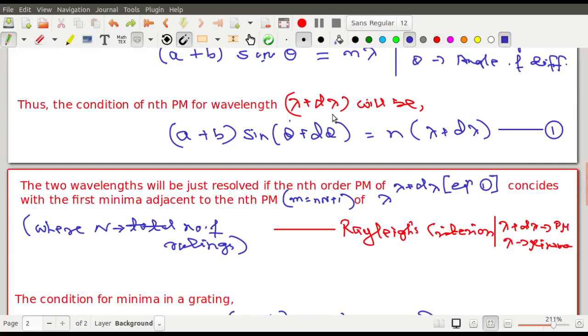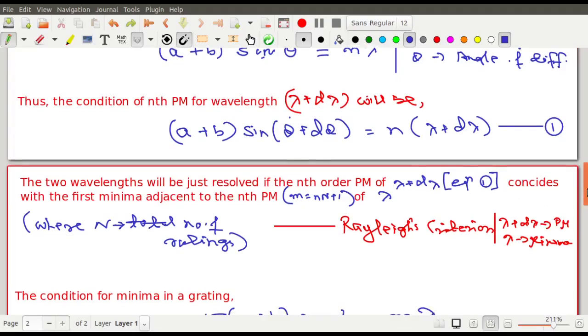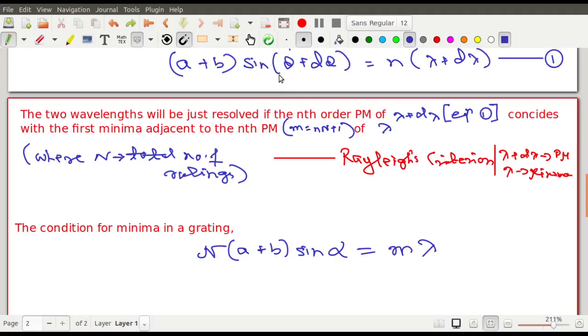In which direction has the maxima of lambda plus d lambda occurred? The maxima of lambda plus d lambda has occurred in the direction of theta plus d theta. Try to have a look. The maxima for lambda plus d lambda has occurred in the direction of theta plus d theta. And if they need to coincide, then the minima should also occur in this direction,